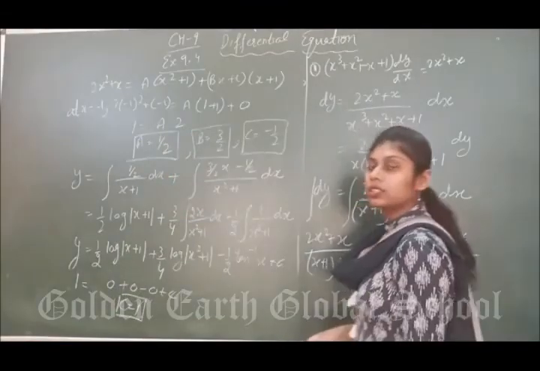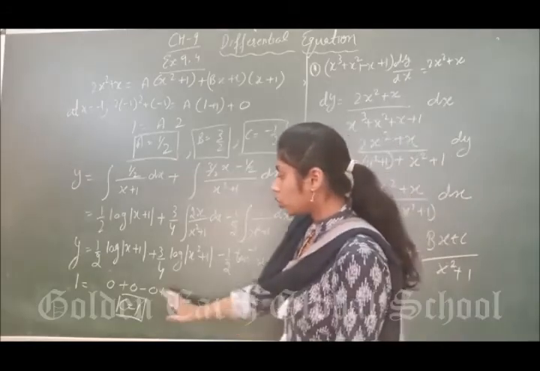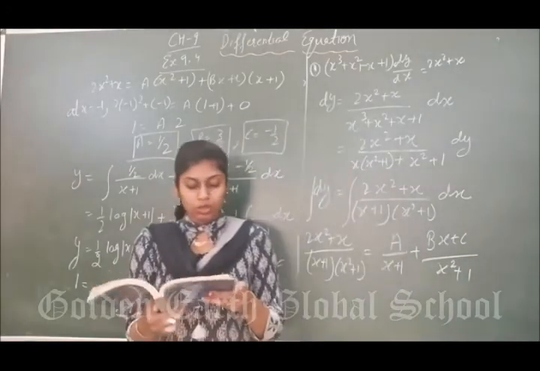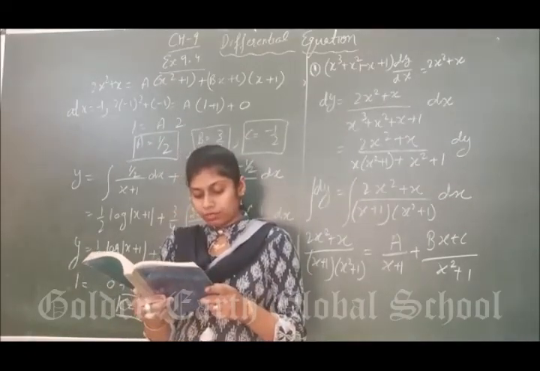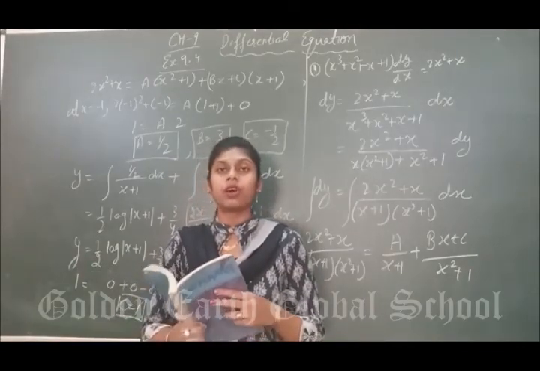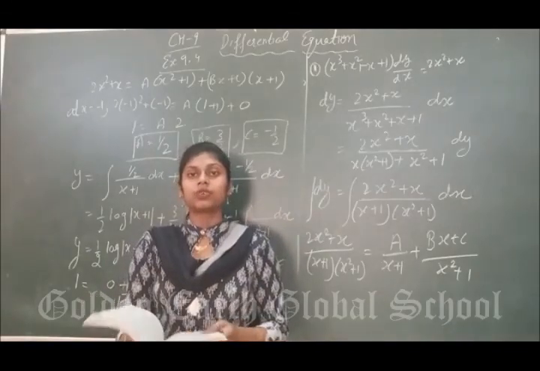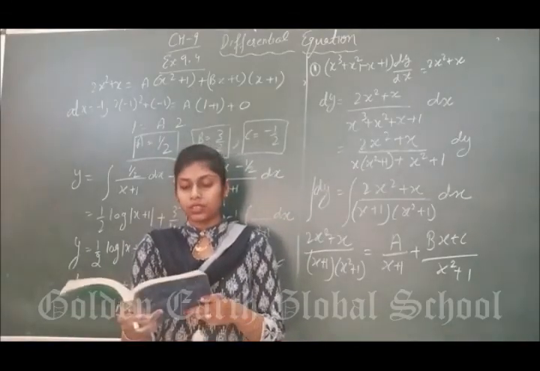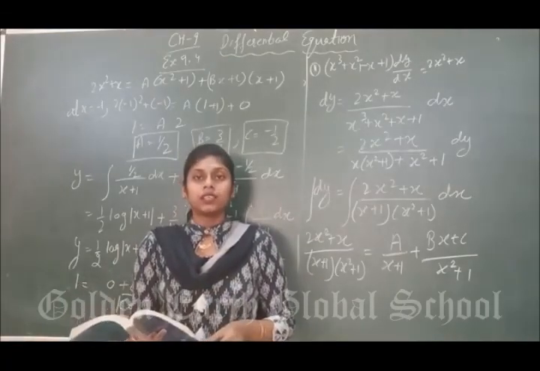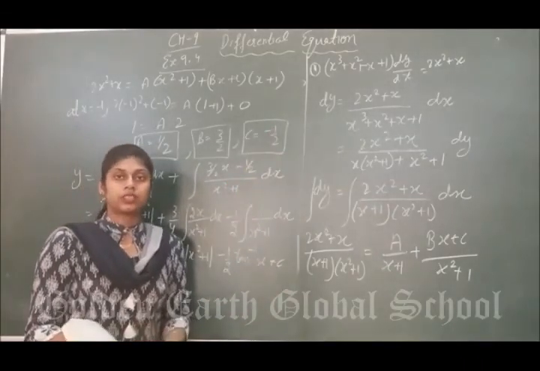First of all, there are the same steps to find the general solution, and at the end you have to put the condition to find the constant. Clear? So all the questions up to 15, 16 are the same. You have to find the general solution first, and then by putting the condition you will get the particular solution. Clear? So this is your exercise 9.4 to find the general solution of the differential equation. Clear? Thank you so much.